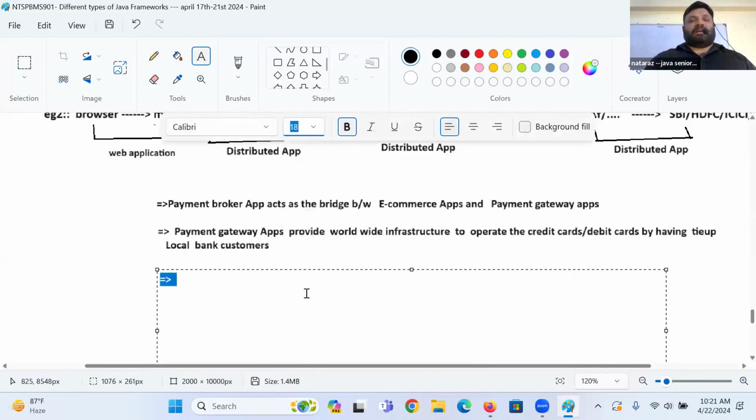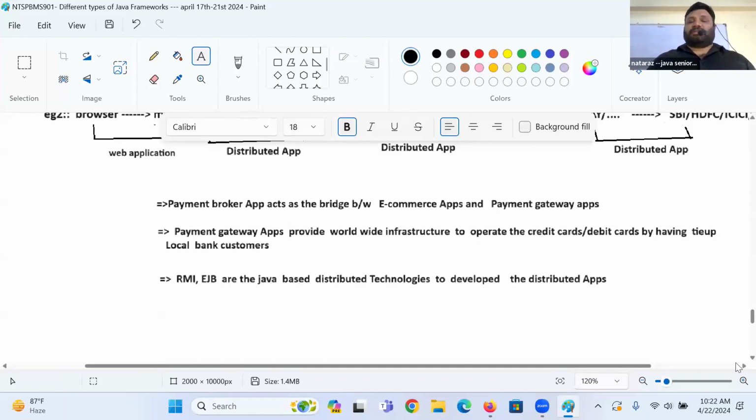RMI and EJB are Java-based distributed technologies to develop distributed applications.